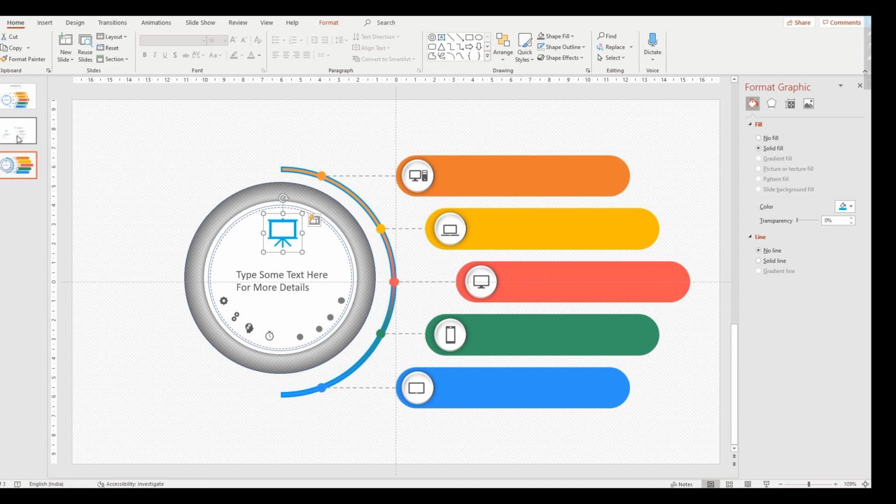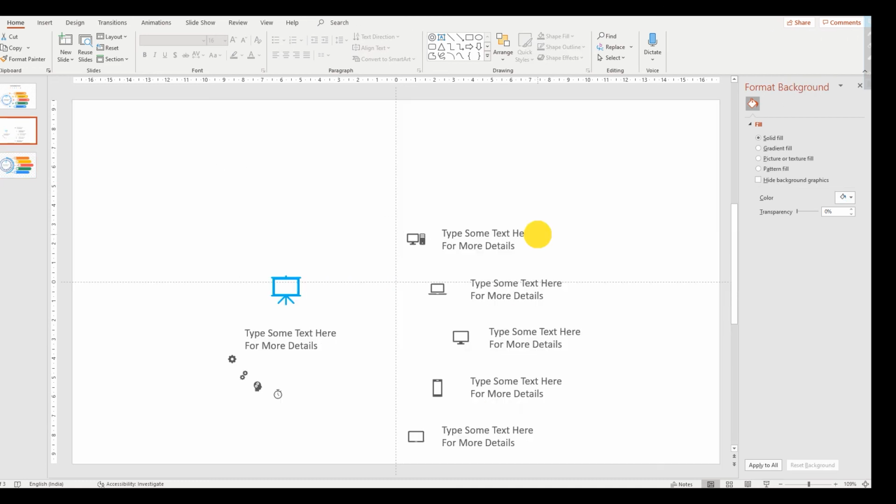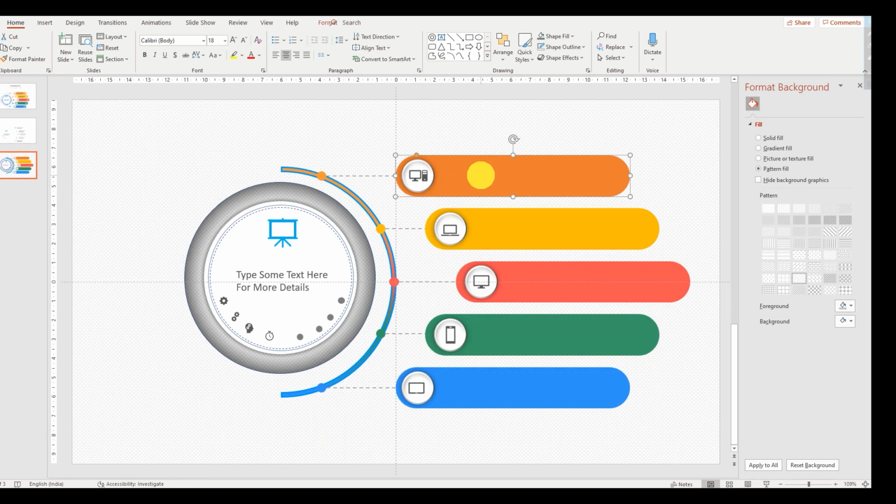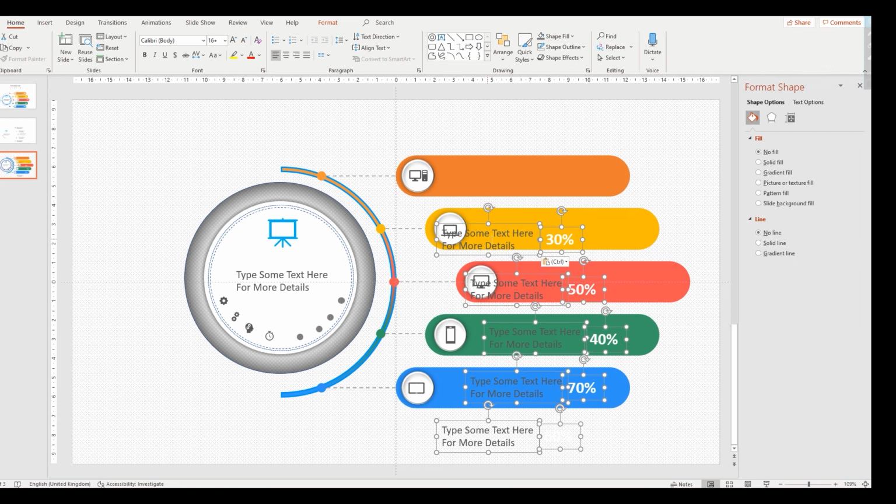Then next what we are going to do means import the text boxes. Copy and paste here.